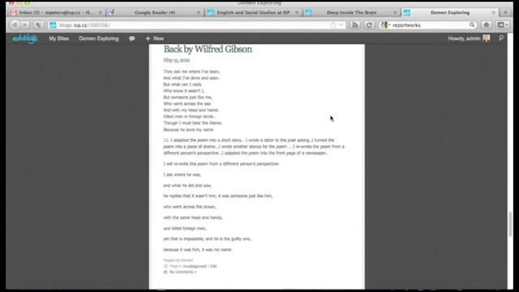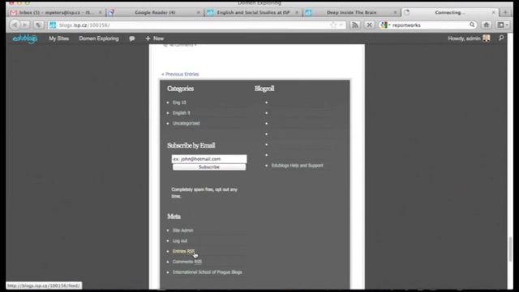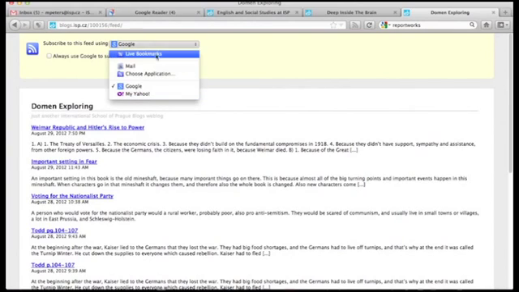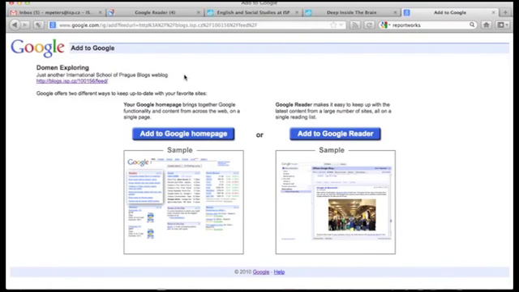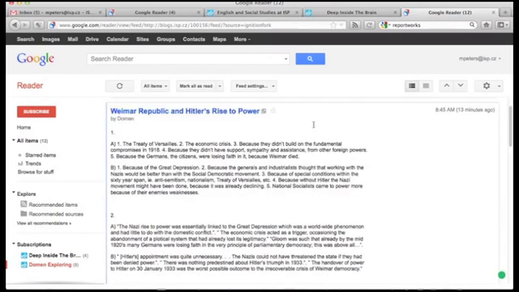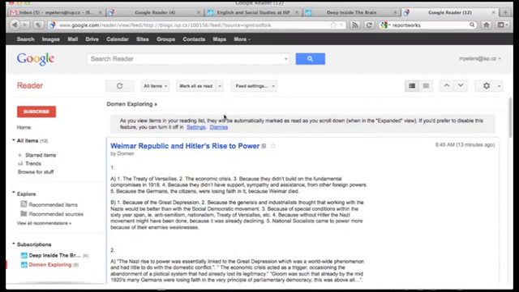The other way you can do it, of course, is click the RSS button, and instead of copying the feed, most of the time it gives you a few different options on how to subscribe. You'll notice that you can subscribe using live bookmarks, if you are like a Windows Live user, or Apple Mail will handle RSS feeds. My preferred reader is Google Reader, so that's the one I'm going to select. And if you click subscribe now, it'll actually take you over to Google Reader and do the subscription for you. So now you can see I've subscribed to 2 student blogs,